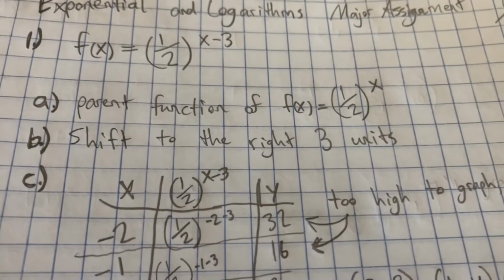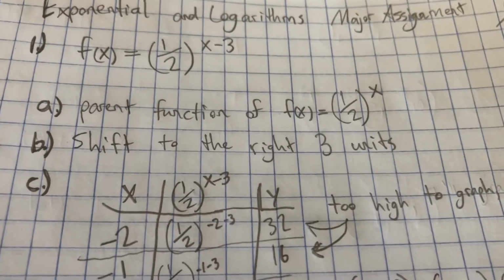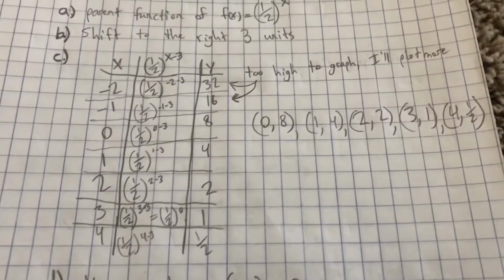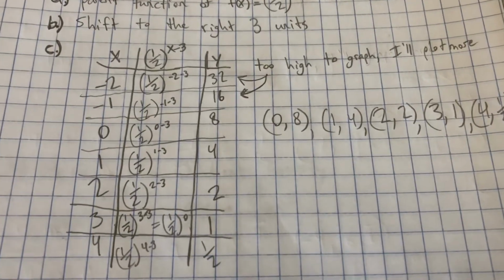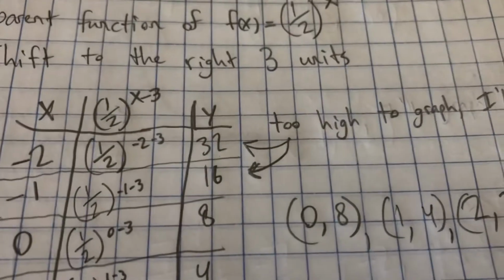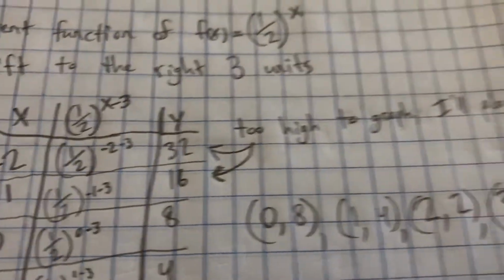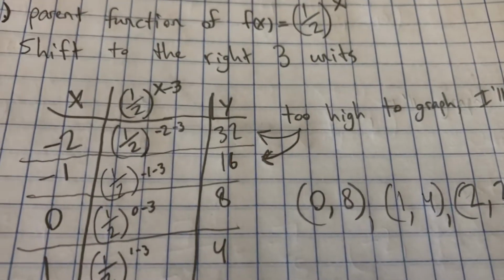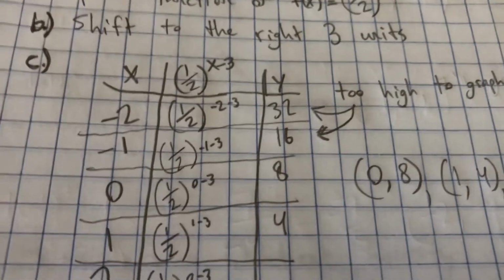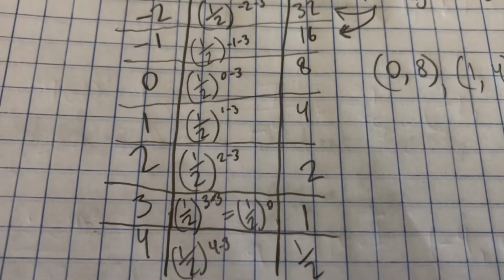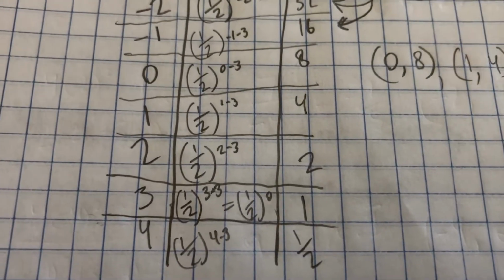Now, letter C is we're going to find and plot at least 5 points. As you can see, I plugged in 7. I was originally planning on plugging in 5, but when I started doing -2 and -1, I realized the y values were a little too high for me to want to put on a graph. I don't want to make a graph that's 32 units high. So the points that are actually going to end up on my graph are the ones that start